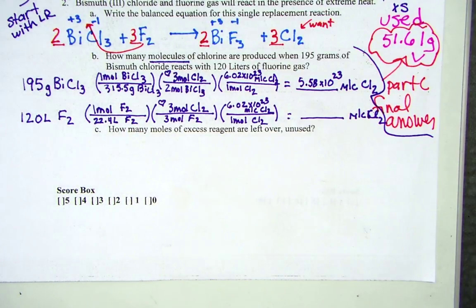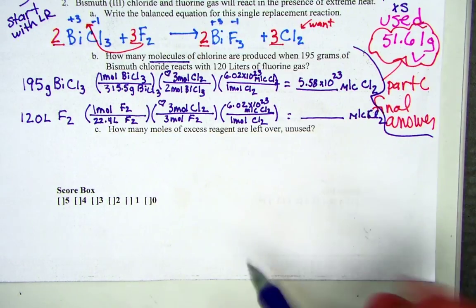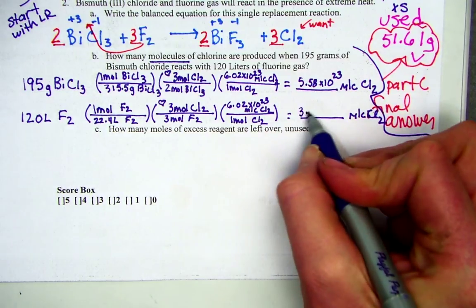Let me hit for us 120 divided by 22.4 times 3 over 3 times Avogadro, 6.02 times 10 to the 23rd, using my E button, not times 10 and a caret key. When I hit enter, I get 3.2